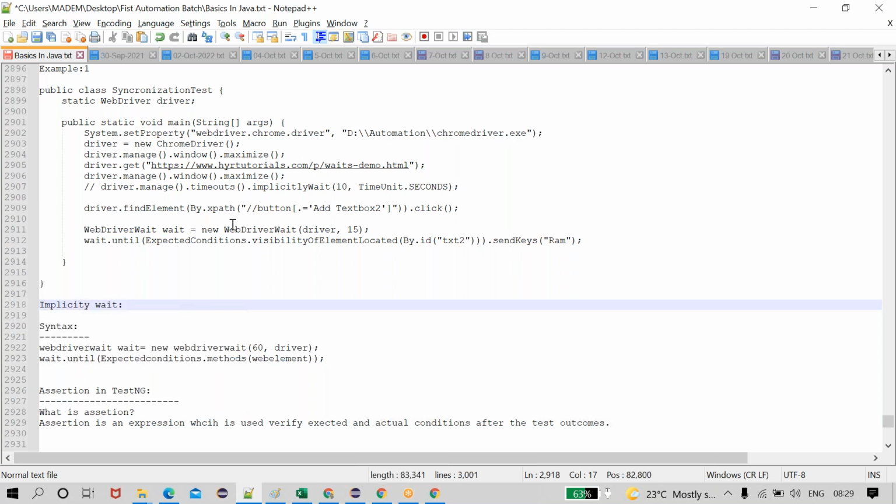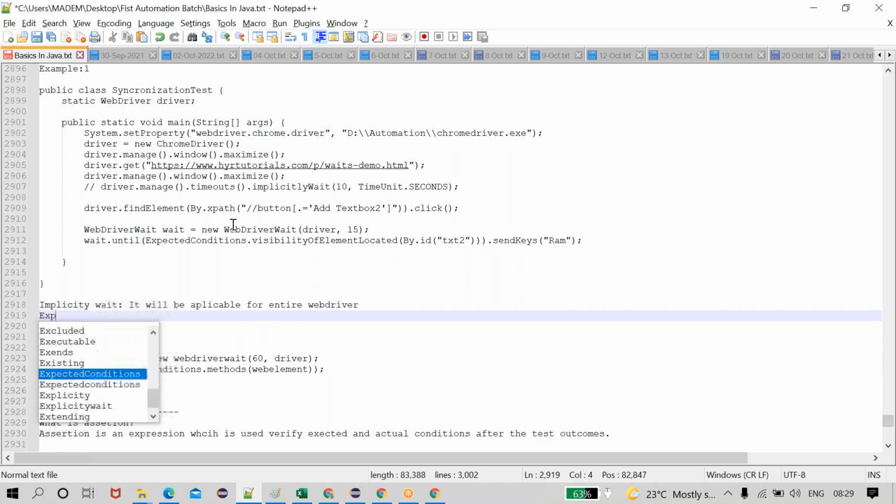Implicit wait will be applicable for the entire WebDriver. Wherever the WebDriver is there, the entire WebDriver will perform actions with the implicit wait.